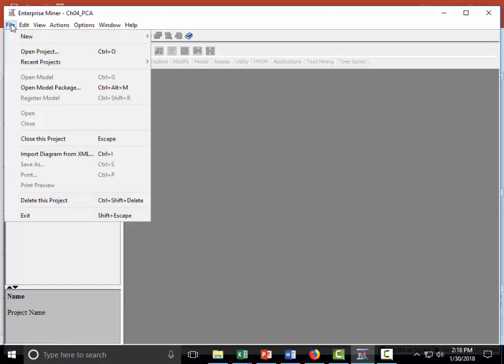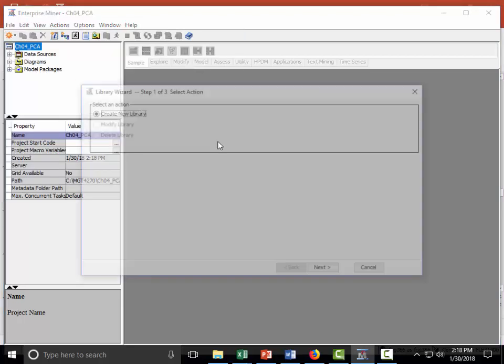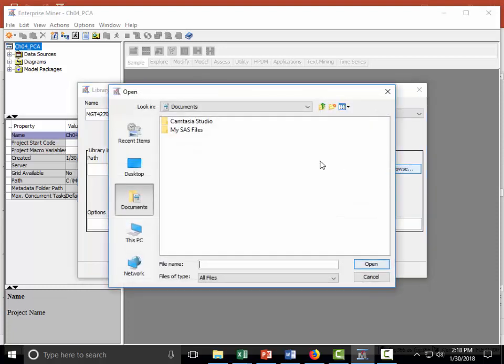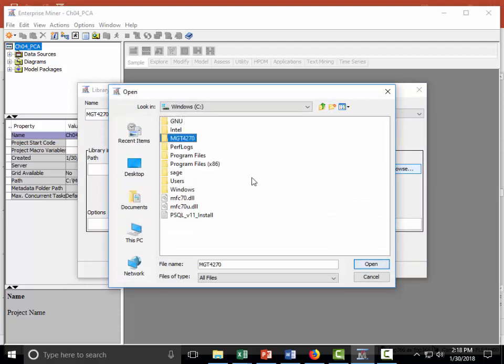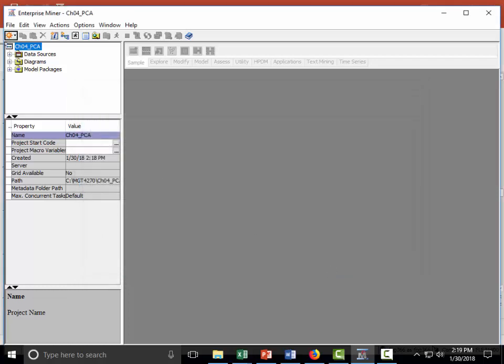Okay, and then library MGT 4270, and again C drive MGT 4270. That's the path to the folder. All right, finish that,